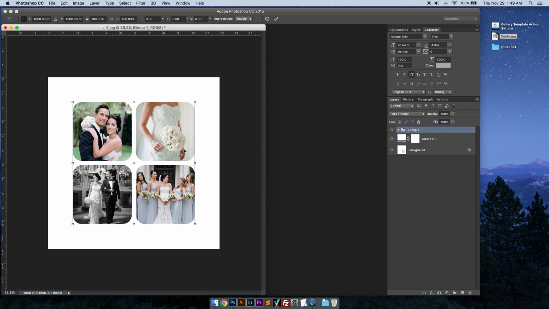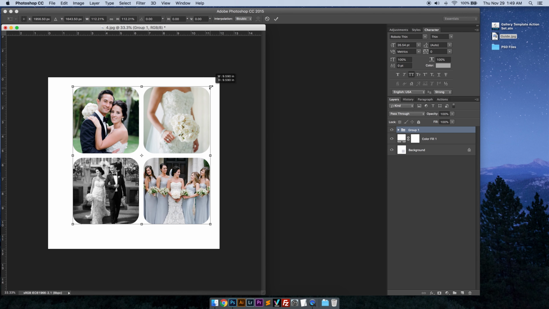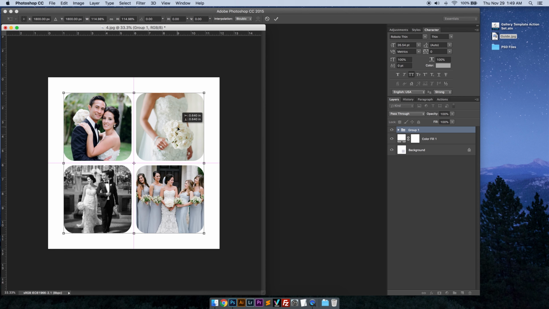Hit Command T to launch the transform tool, or Control T on a PC. I'm on a Mac, so I'm going to hold shift and I'm going to enlarge it. By holding shift, I keep the square ratio, that way I'm not distorting the image. Okay, and you can see Photoshop is trying to center those. I'm going to double click it after I'm done resizing the image,